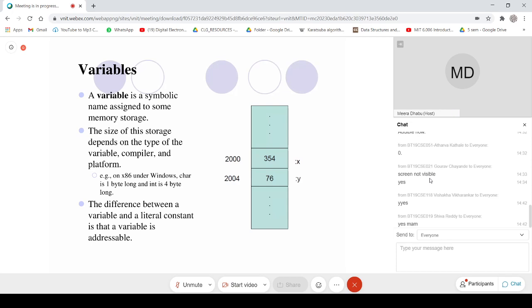Now I also want all of you to understand the difference between a variable and a literal constant. Variables will always be addressable because they occupy memory on storage, whereas a literal constant will not occupy memory in the compiled program.